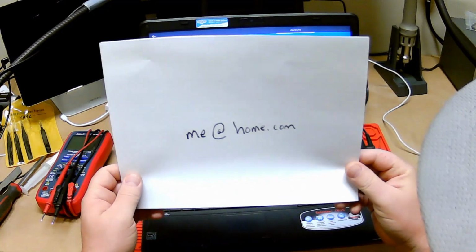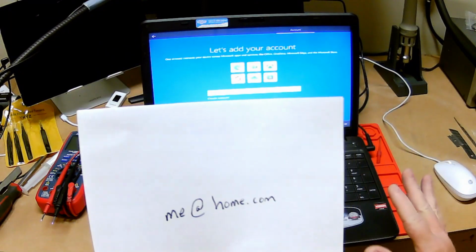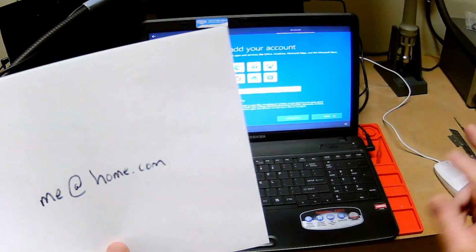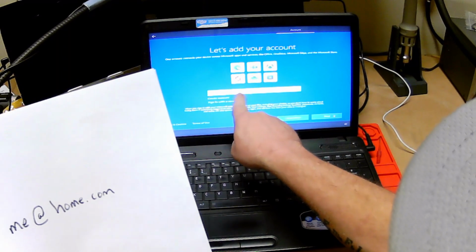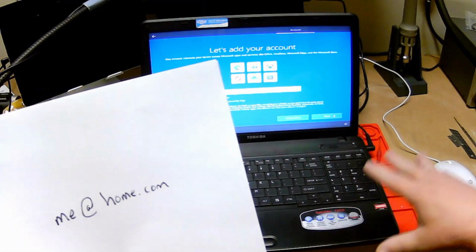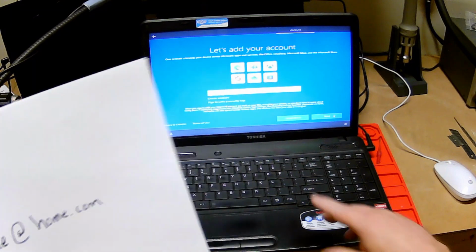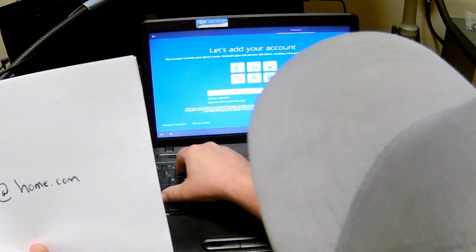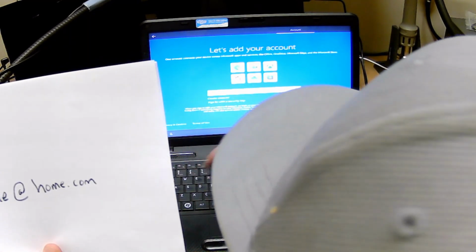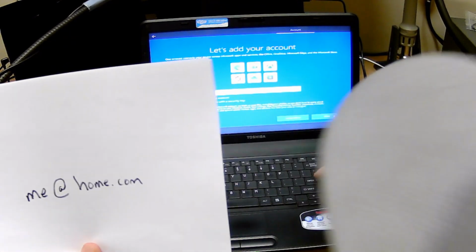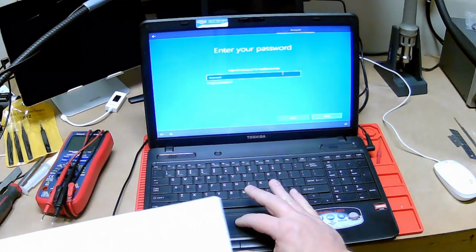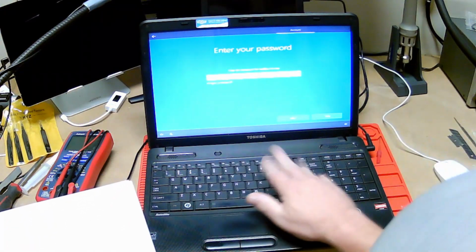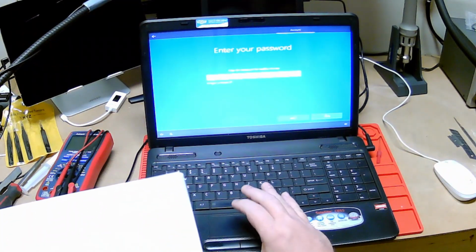Now I should say that if you have already signed in with your account at any time, your email address will already be populated right here. But if it's a new install or you just bought a new computer, then it's going to allow you to do this. me@home.com. Then I hit next. And what's the password? Anything. Bunch of numbers, bunch of letters. Hit next, and it'll say,